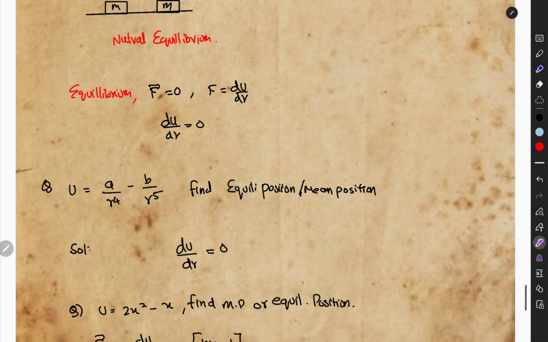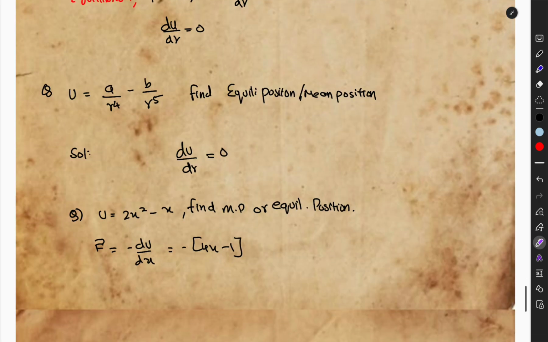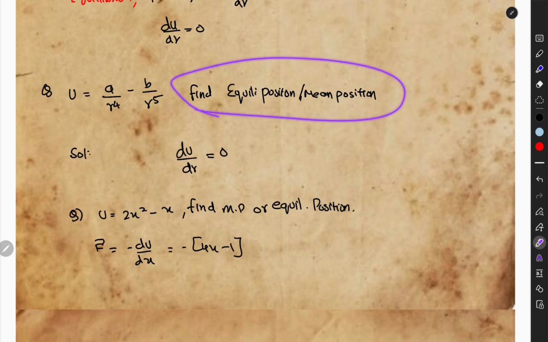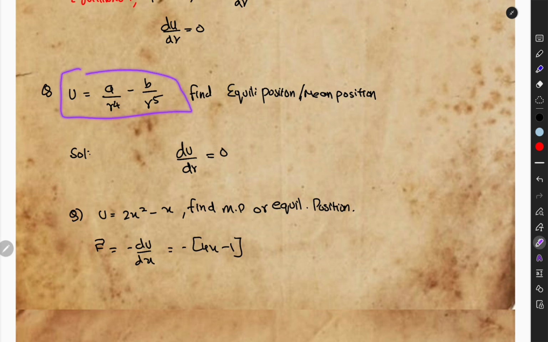So for every equilibrium, this is the condition: F will be equal to 0. We have studied that F is equal to -dU/dr, right? So dU/dr will be equal to 0 indirectly. If any question gives a potential energy equation and asks you to find the equilibrium position or mean position, just differentiate it and equate it to 0. That's it. So similarly here,